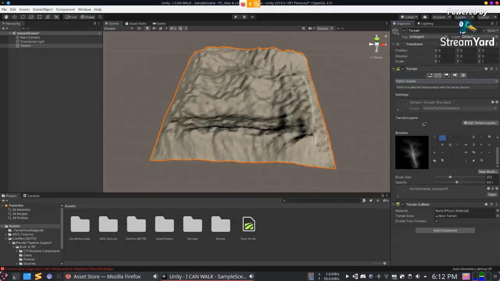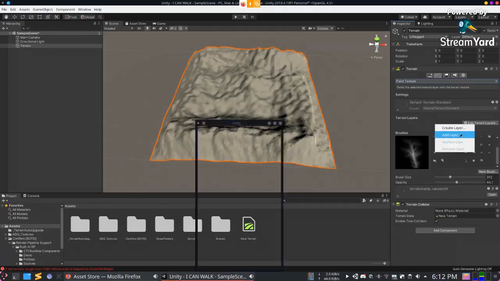Now let's go for paint texture. See, at the basic level you will be having textures. You can think of it like an image, and there are normal maps and various other forms of image. Let's not go into details of that. You can think of it as a sort of image which you keep placing and repeating on your map. So you have a basic image of, say, grass and rocks and pebbles lying on the ground, and you keep repeating it on the ground, and that is how you give it the basic texture.